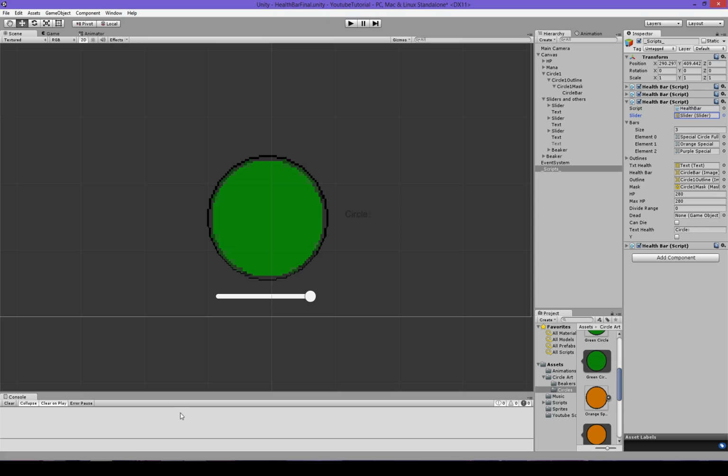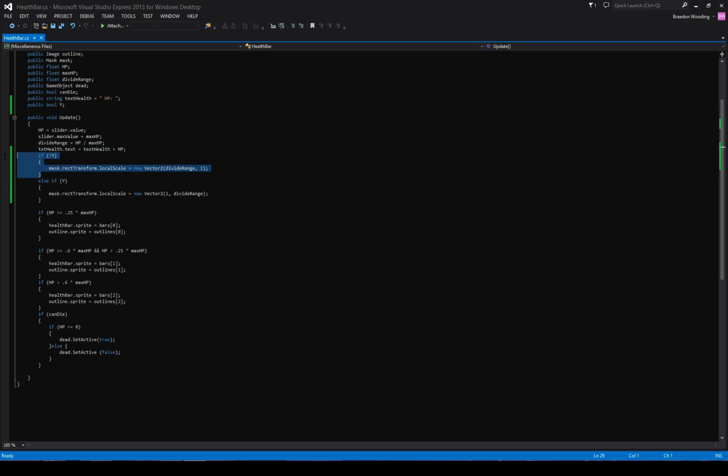So I'm just going to show you, for the circle we had like 100 there or whatever. And this is the bigger part. This makes it big and small. All you need to have is a single line. This is for the color changing. So we're just getting the local scale. We're just getting the scale, and we're saying, okay, that we could access the